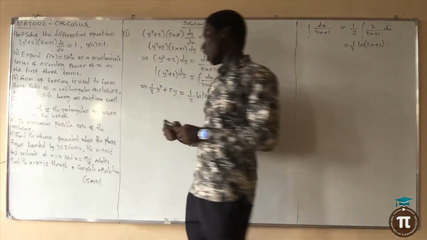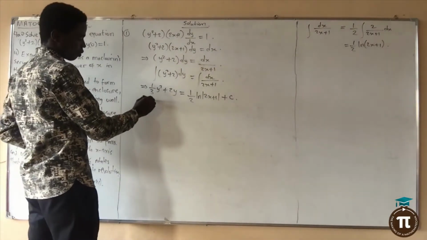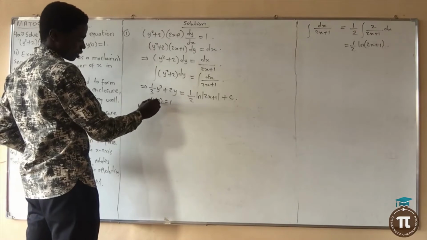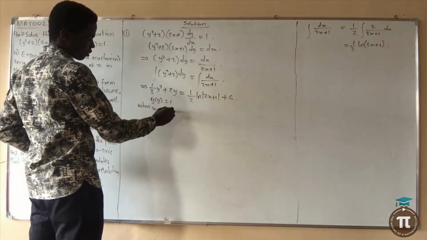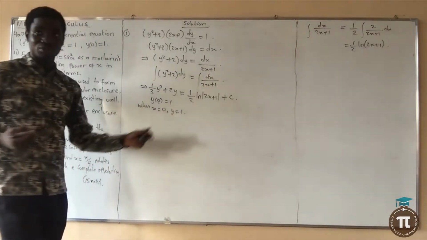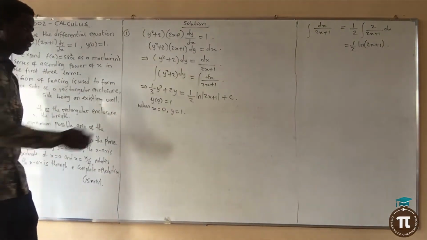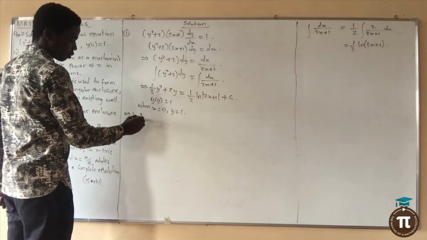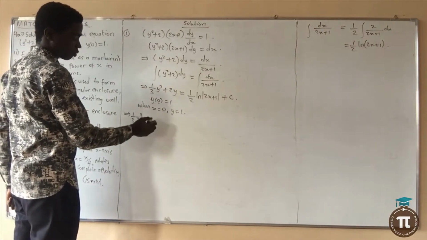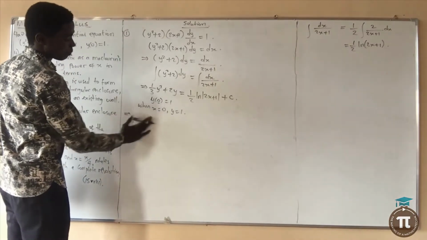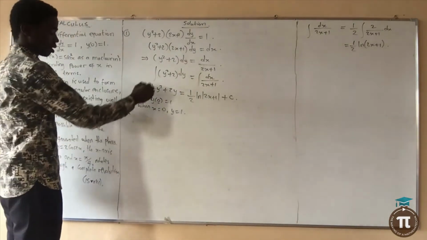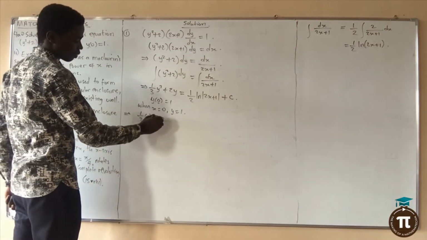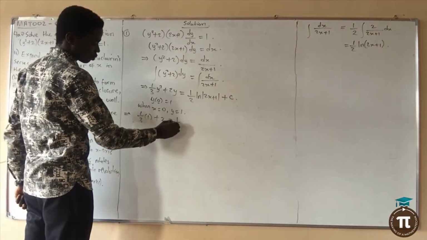y of 0 equal 1 means when x is 0, y is equal to 1. That is what it means. So we put it in this differential equation. I have 1 over 3 y raised to power 3 plus 2y squared plus 2y. I am putting y to be 1 instead. 1 over 3 multiplied by 1 plus 2 times 1 is equal to 1 over 2